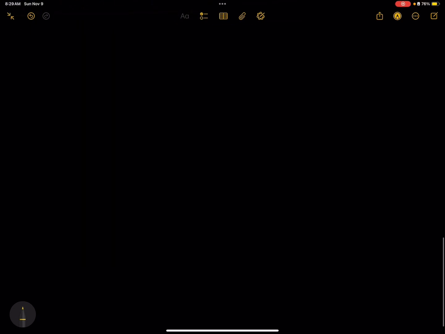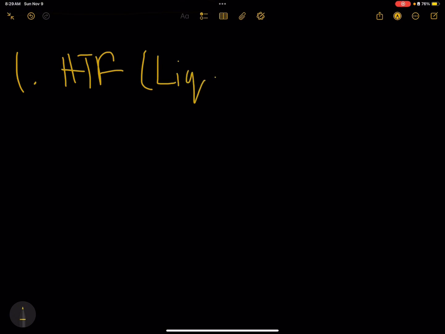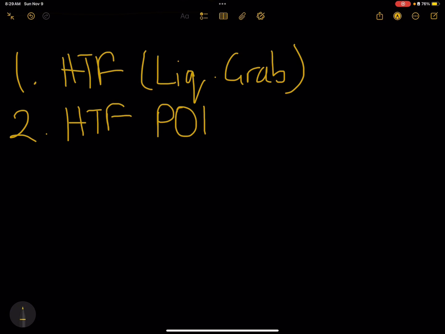So, first things first, my confluence: a higher time frame liquidity grab, point of interest, a market structure shift, and what we call an inducement,